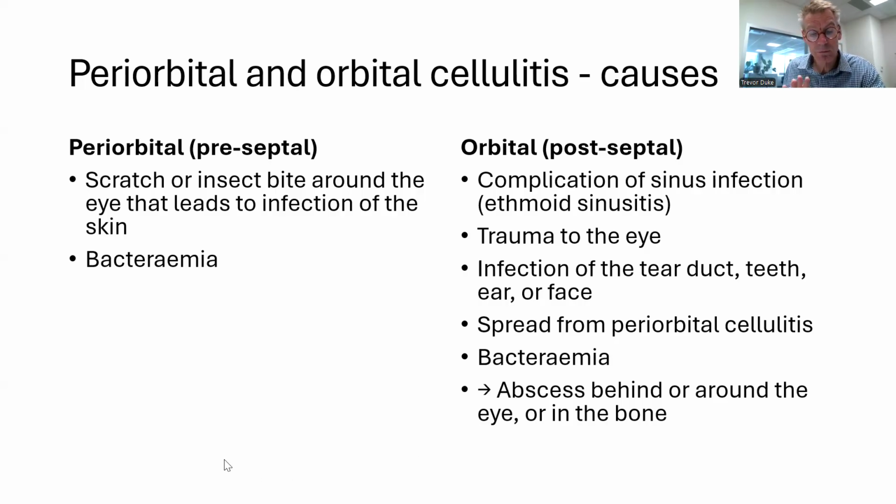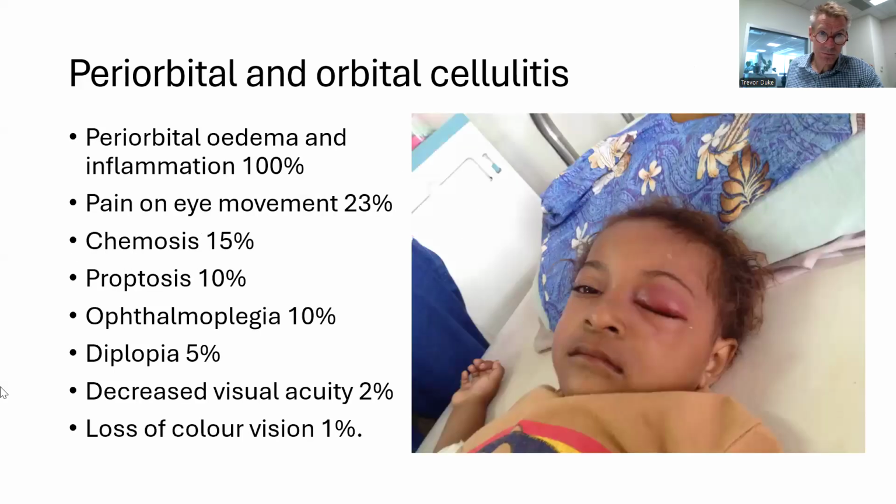In just the same way. And what that leads to is an abscess or an infection behind or around the eye or in the bone. So I'll show you some scans of children that have got orbital cellulitis, and you'll hopefully be able to see what I'm talking about. The large studies that have looked at children with periorbital and